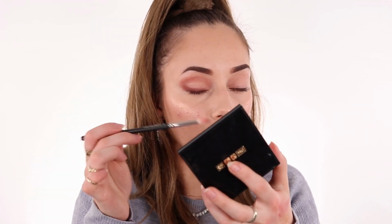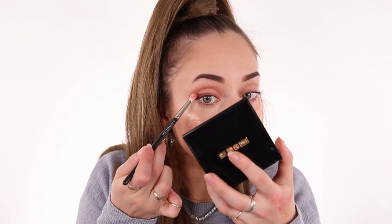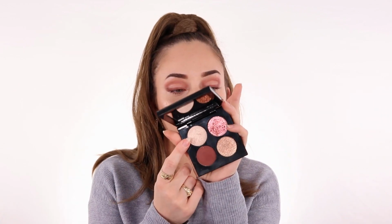So see, nothing has to be too complicated for a beautiful natural kind of makeup look. And I've been using only one brush, and it's crazy because this eye, it's so pretty. Oh my god, like, hello. The ultimate one eyeshadow makeup look. Yes. But then I'm gonna be using this little tiny shade here,